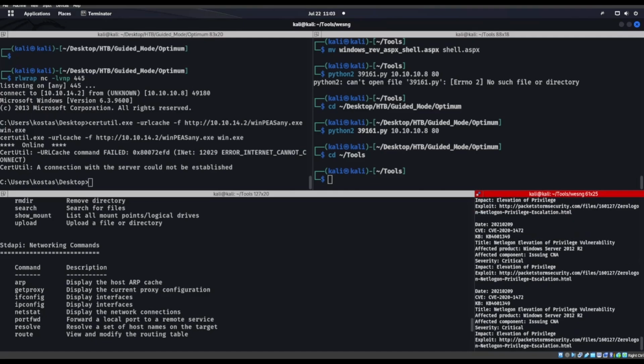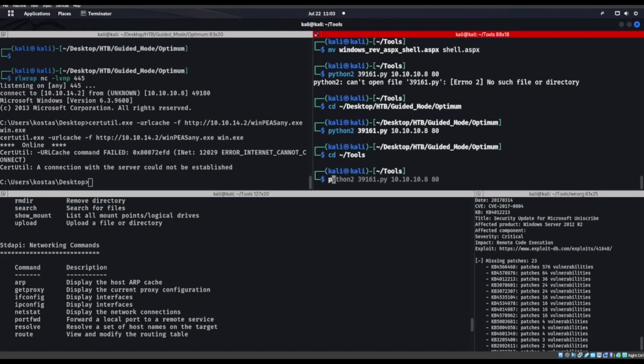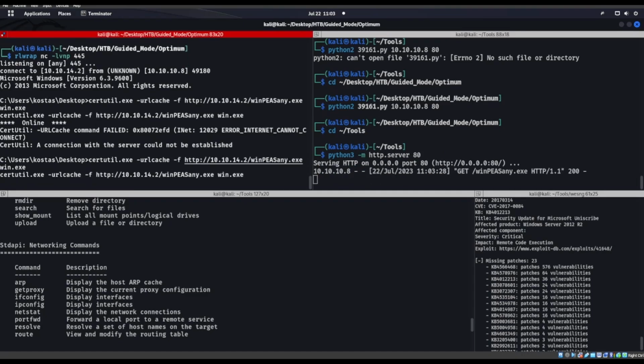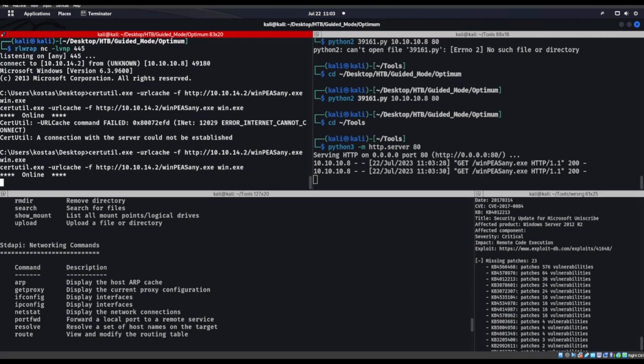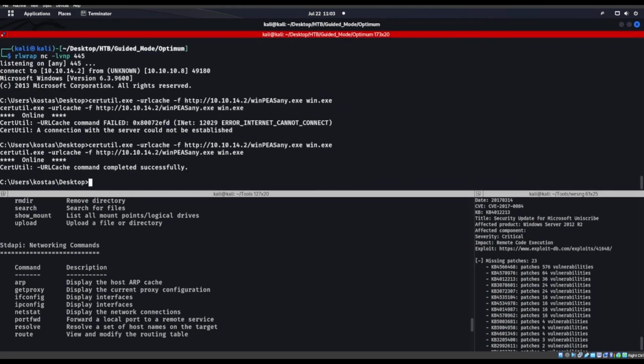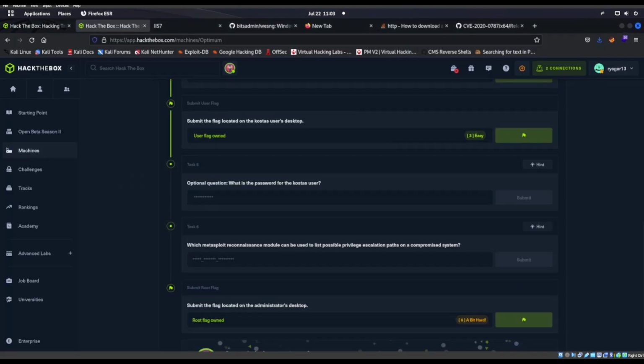And got it from somewhere. No, it did not. Okay. All right, there we go. And we'll go ahead and run that win.exe and see if we can't get his hash there. As we continue on, which Metasploit module can be used to list all possible